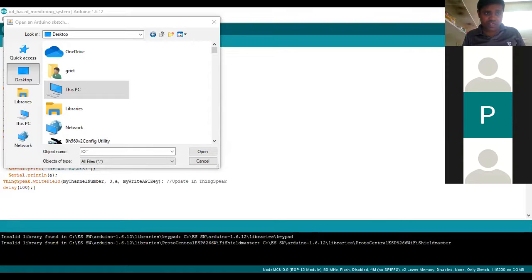The temperature is 29.35, and the sensor data is uploaded to ThingSpeak. This is what we are seeing on the serial monitor.